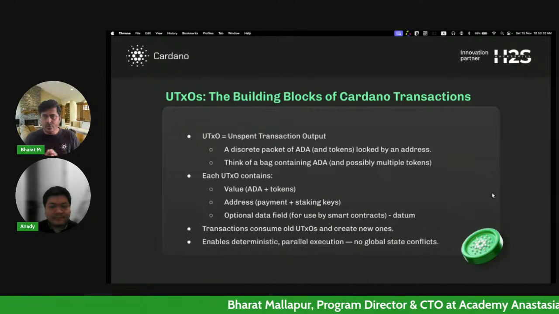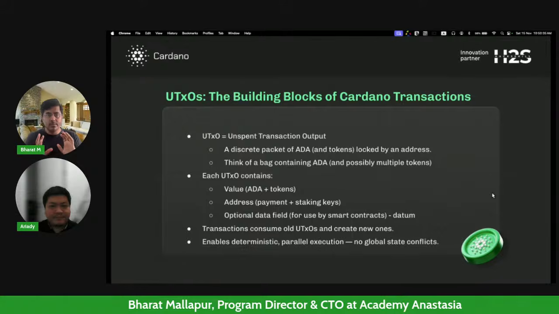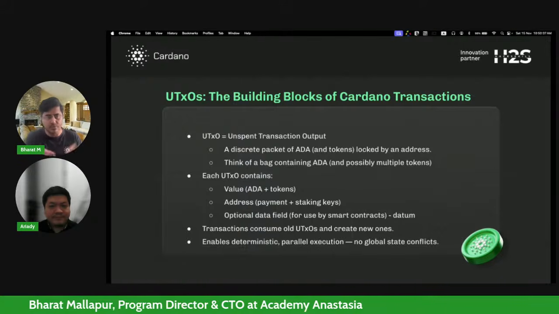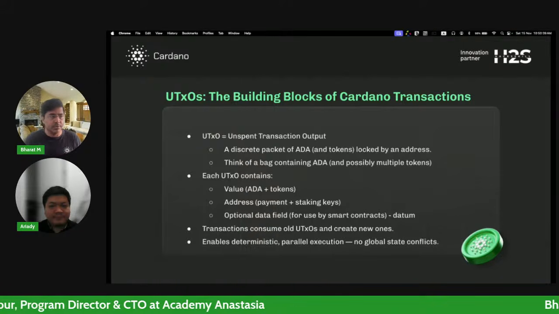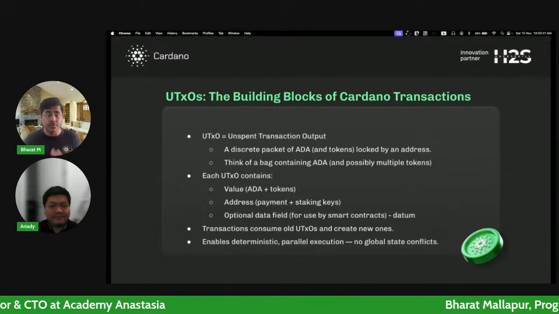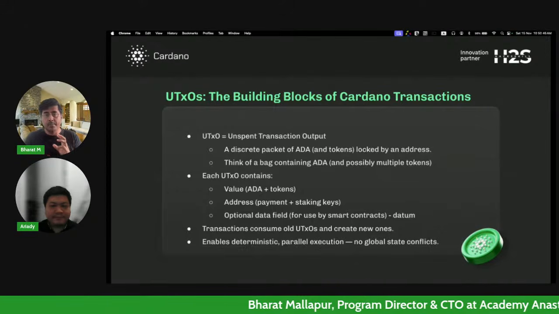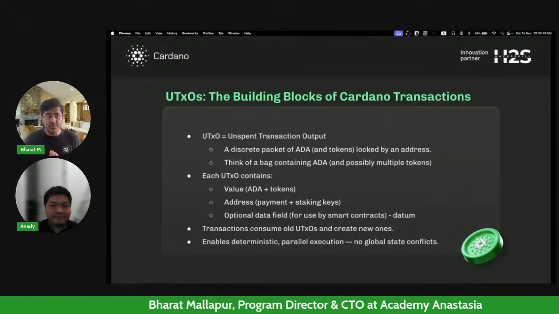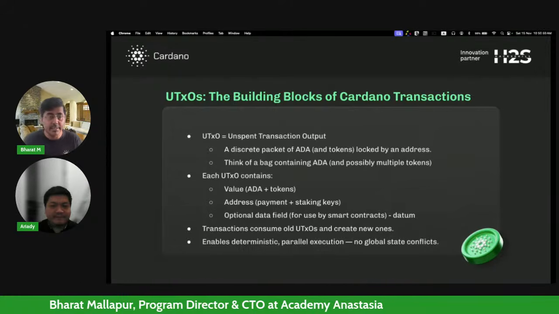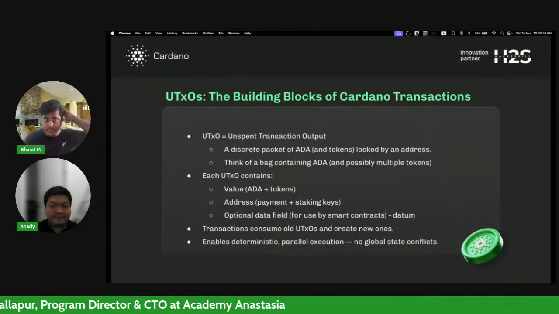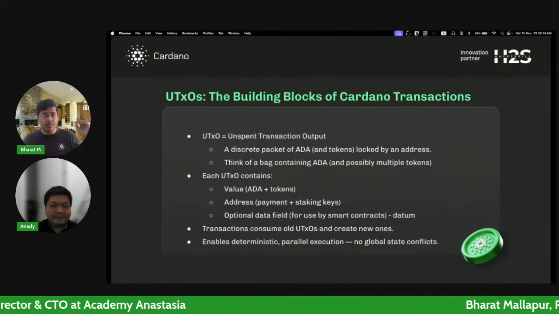Now a UTXO can typically contain ADA, of course, that's the native cryptocurrency. But you can also have tokens. And the beauty about tokens on Cardano is they sit in your wallet. They do not sit in some smart contract like in Ethereum. They are not present in a smart contract and reflected in your wallet.